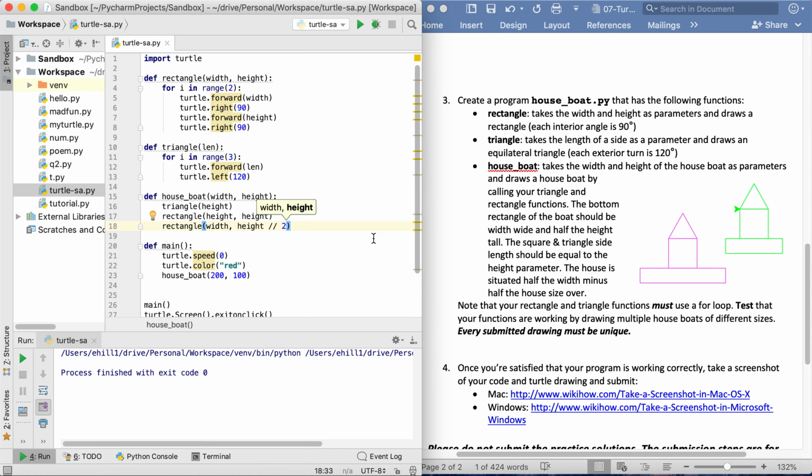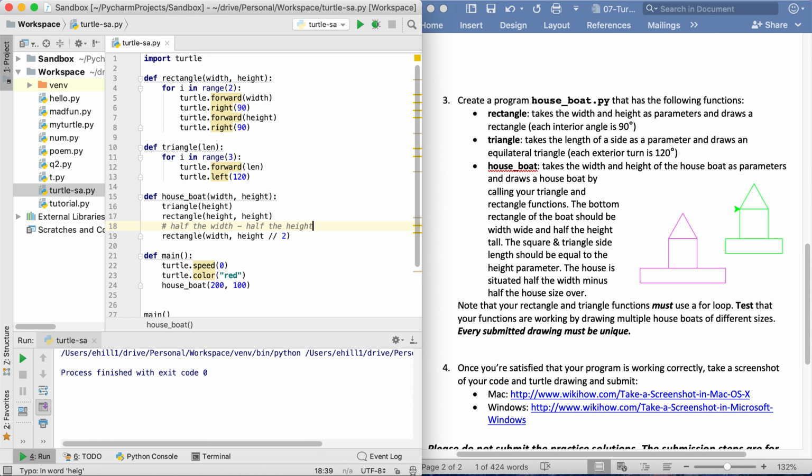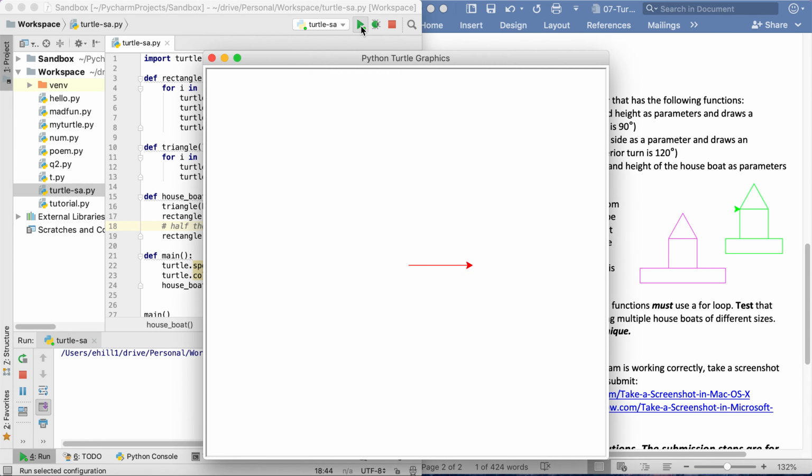Okay, and the house will be situated half the width minus half the house size, which is height, over. So I do know I'm going to have to move a little bit. I'm not moving yet. I want to test this out and make sure it works properly. Good. Okay, awesome. I don't know if my boat is the right dimensions, but I do know that I need